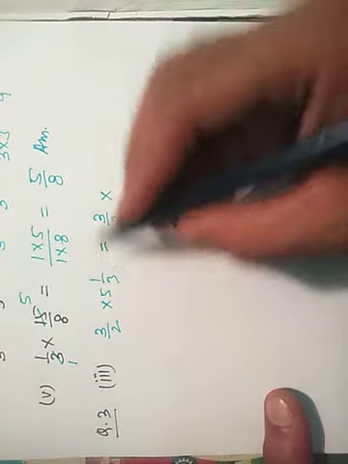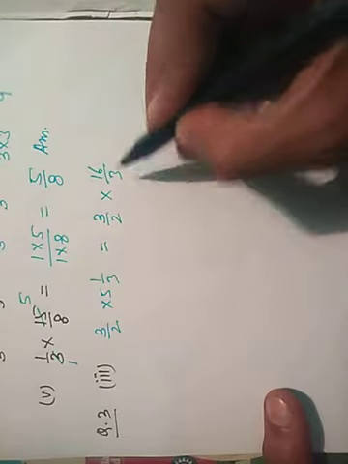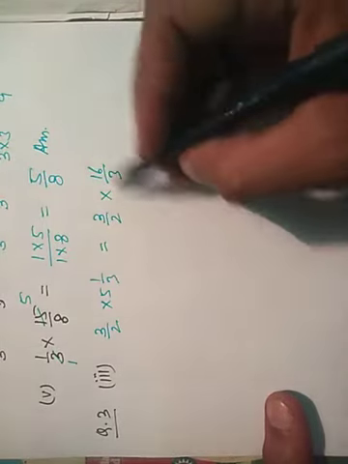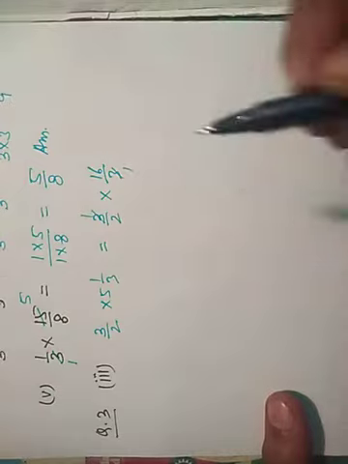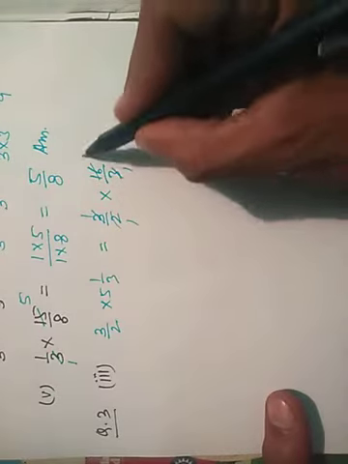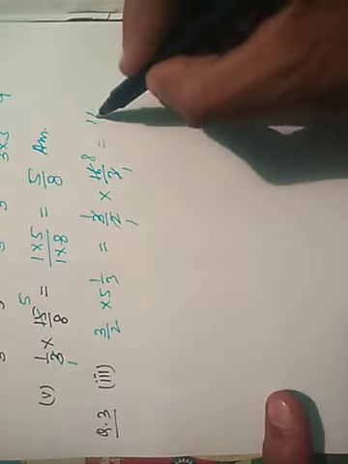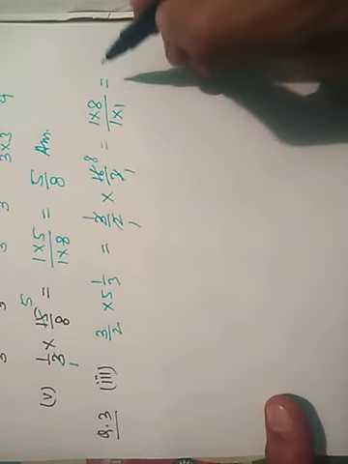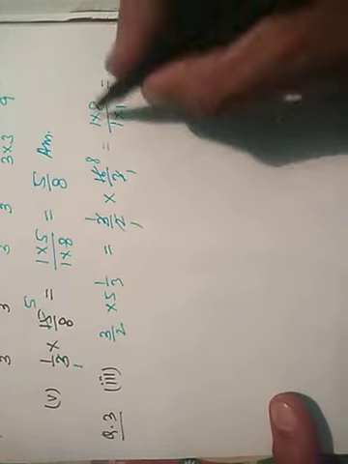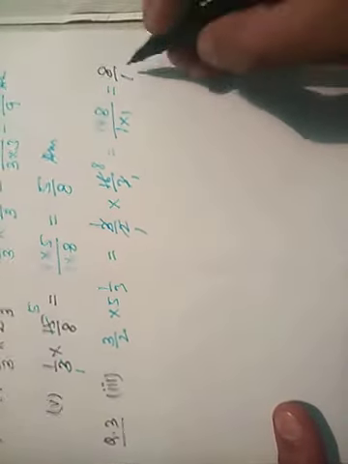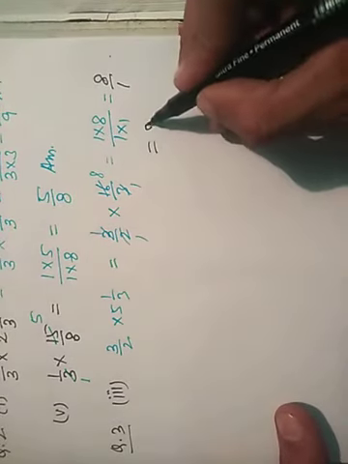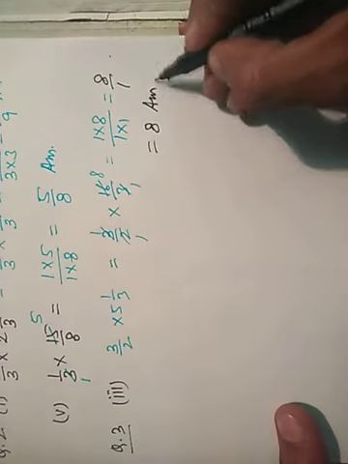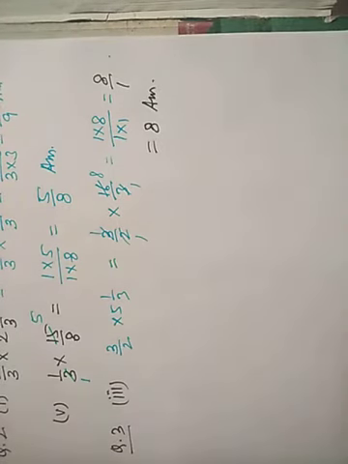So 5 3 are 15 plus 1, 16 upon 3, and we can cancel 3 by 3, okay, and 2 1 ja 2, 2 8 ja 16. So 1 into 8 upon 1 into 1, and finally 8 upon 1, or we can simply write it as 8 is our answer. Okay, remaining parts you can do by yourself.